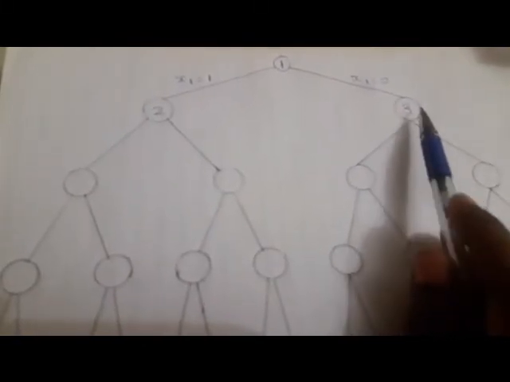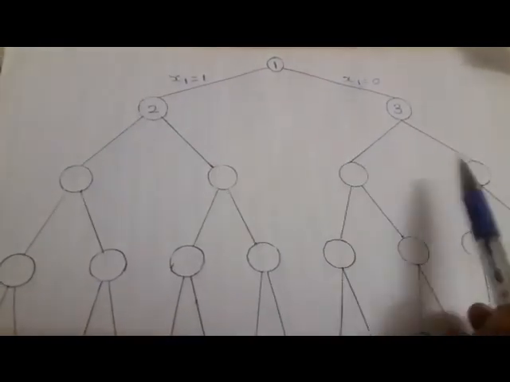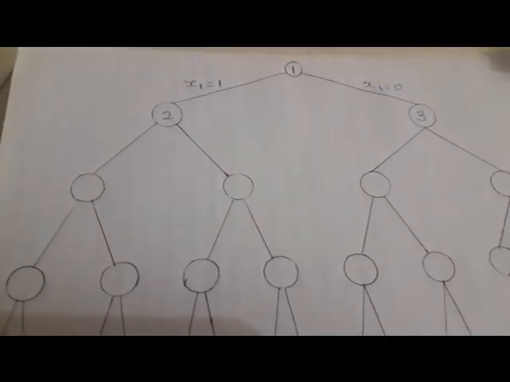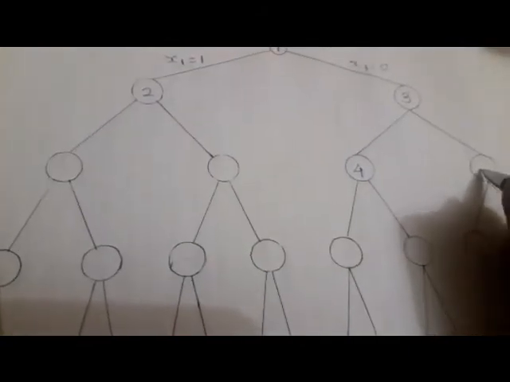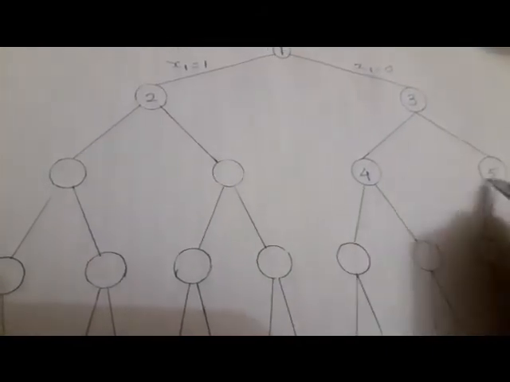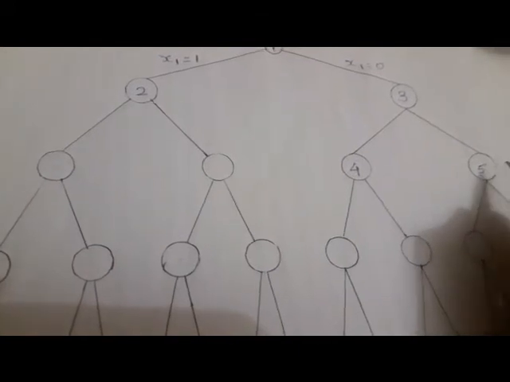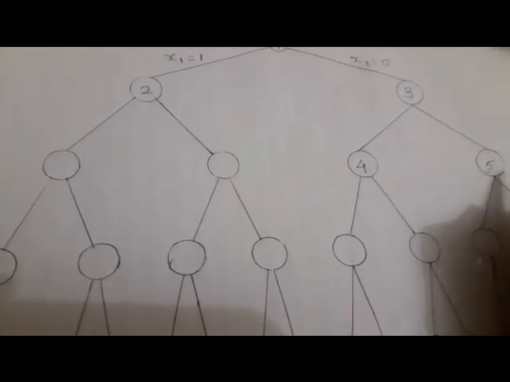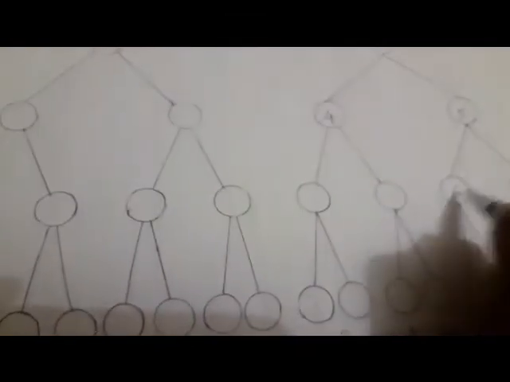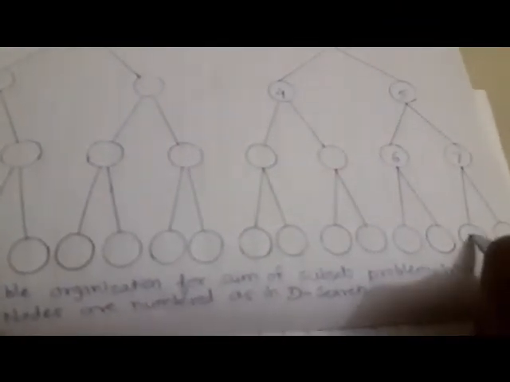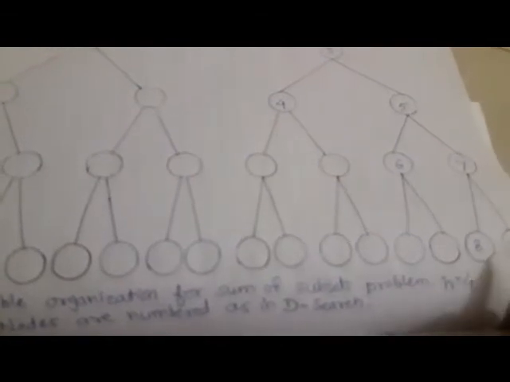So its child will be given the next numbers, so that is 4 and 5. Now it has 2 childs, that is 4 and 5. Its last child is 5. So therefore we give the next numbers to 5's child, that is 6 and 7. Now again 7 next has 2 child, so we write the next numbers, that is 8 and 9.